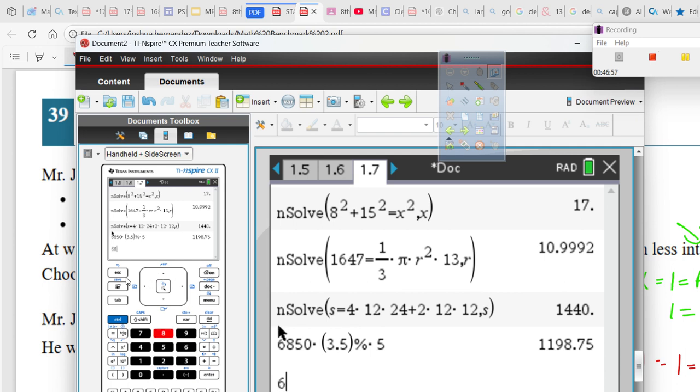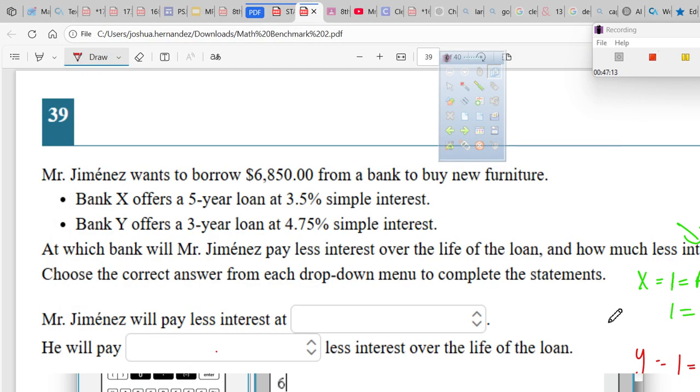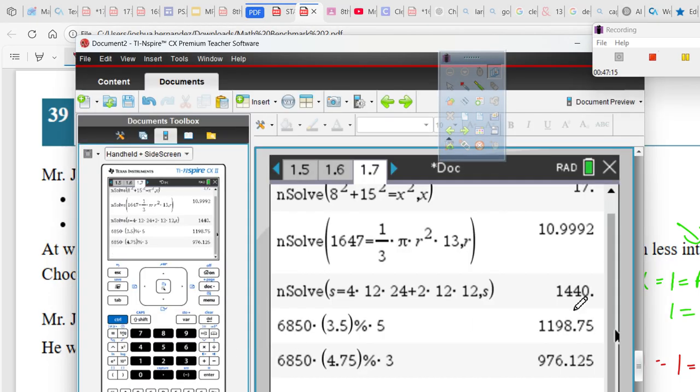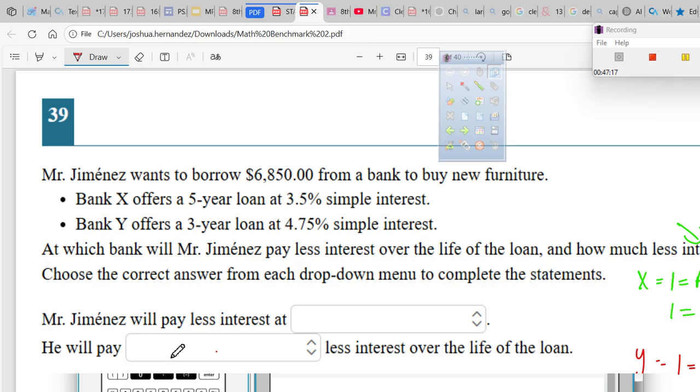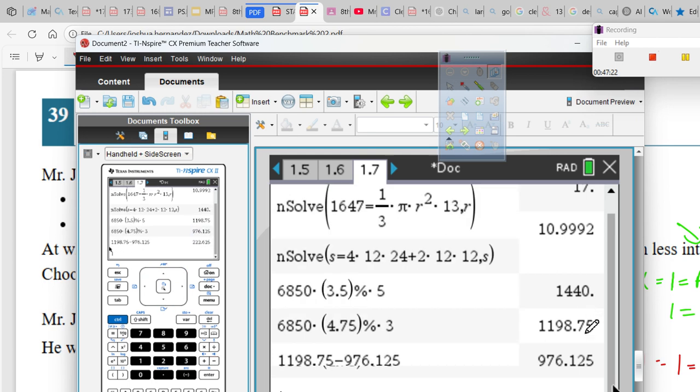Okay, so 6,850 times 4.75% times 3 gives 976.125. So we're going to come out here and just get those 2 numbers and subtract them. I'm going to just go up here and minus this one, which gives me